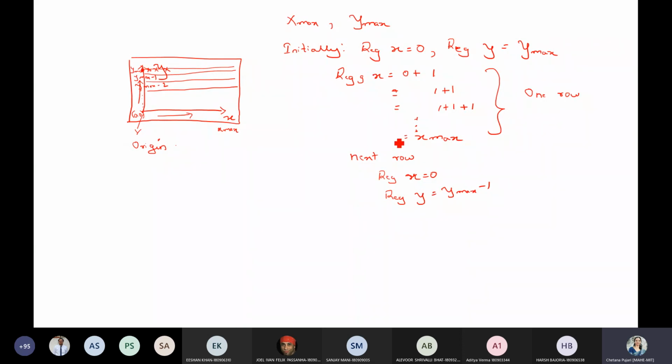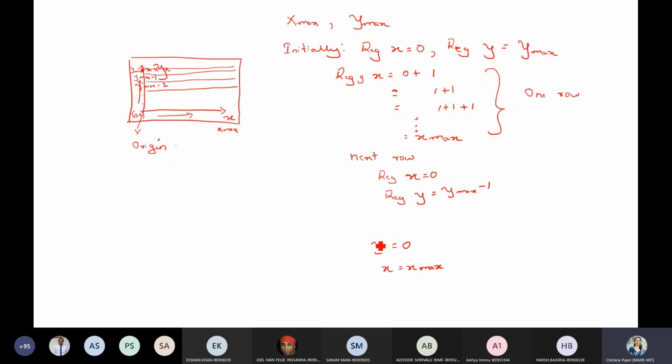Once you have this, the same process is repeated. You increase the X value one by one so that you can scan through every pixel in that row. When the X value reaches X max, again you decrement your Y value, that is, it will be Y max minus 2. You repeat this process till Y equals 0 and X equals X max.